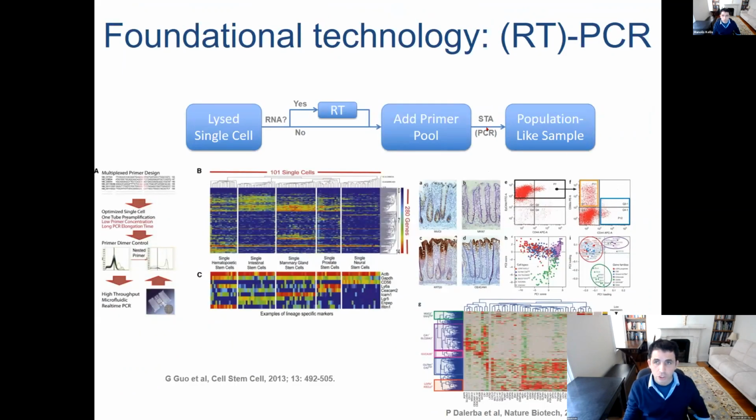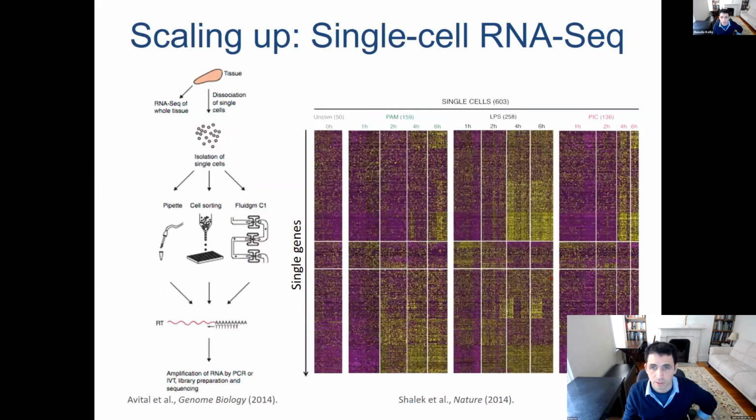The foundational technology underlying all of these is the ability to amplify individual RNAs and to capture those RNAs from extremely small samples. In contrast to DNA, where you only have one molecule at a time, RNA has many molecules, and you can use these molecules to further amplify and get a very robust signal. So these technologies have now scaled up and given rise in many ways